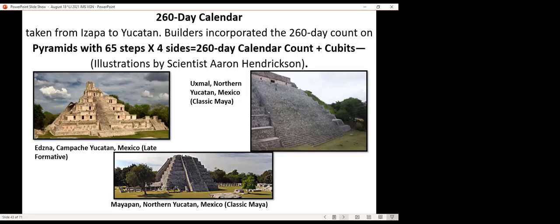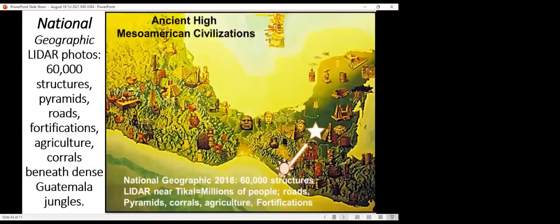On the right, Uxmal, Yucatan, the classic Maya, Mayapan on the base. So it's counting the steps and the tiers and windows and such things, illustrating widely this same concept of calendar